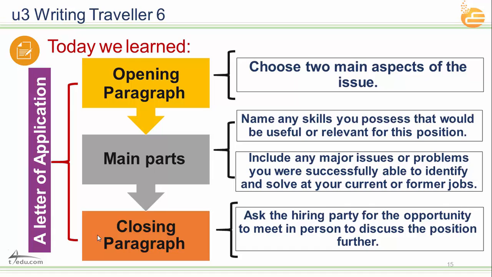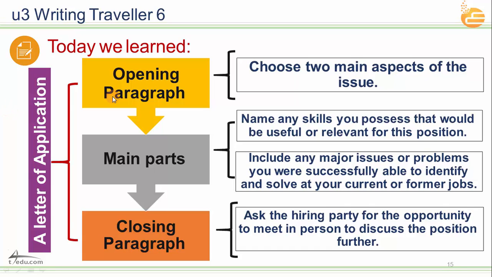So that was all for today. We learned three things about writing: how to write an application for some kind of job, volunteer job or part-time job; how we choose some words and phrases to help us be convincing; and then we learned the outline, how we start by mentioning your name and what you're going to write about, and how to start with a very formal greeting like Mr. so-and-so, and so on.